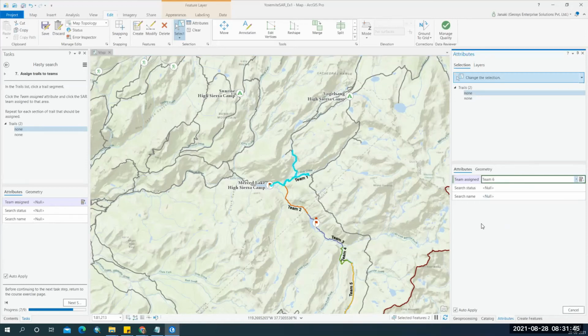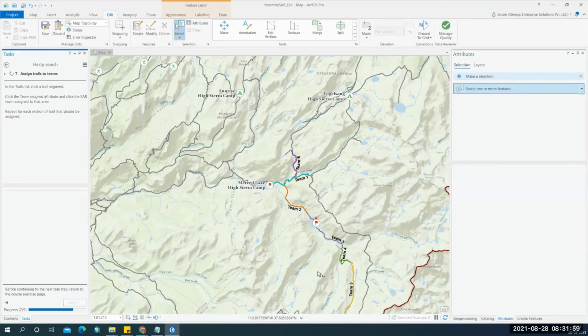So I can assign team 6, and now I have assigned various teams to various trails, and now I have everything here. Now I can click on next